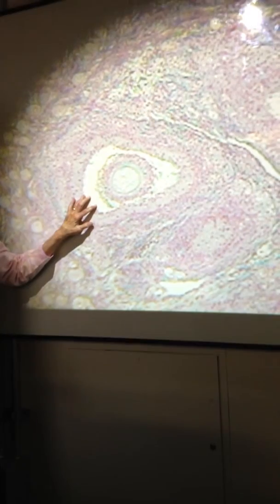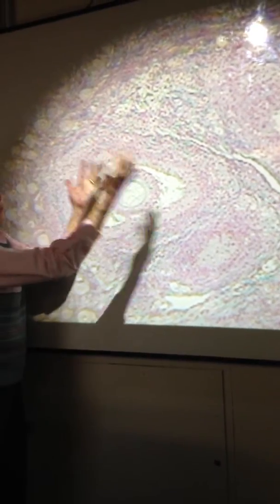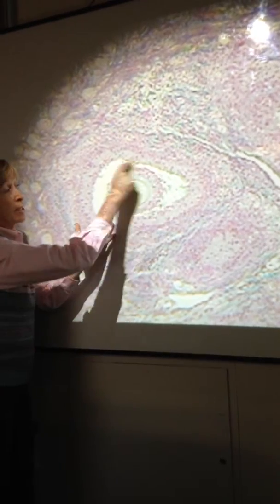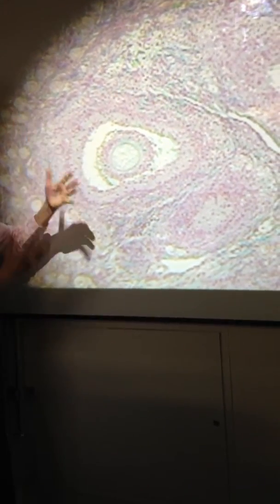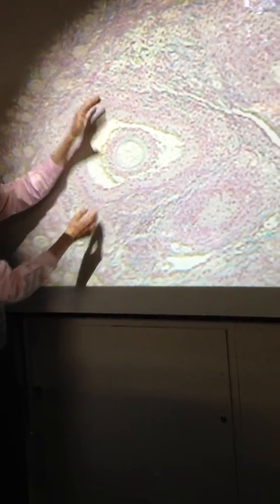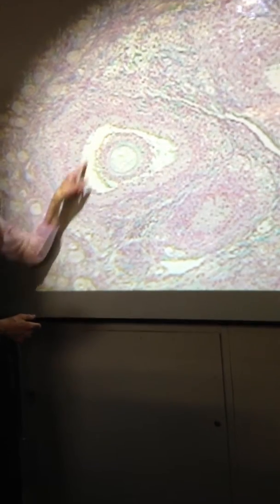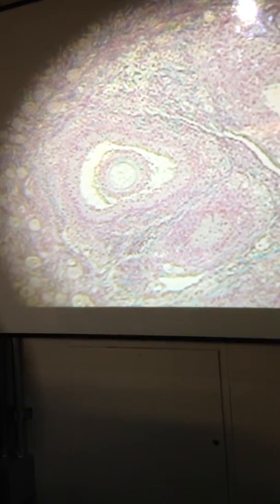Because you've got a lot of fluid, and if you saw this whole follicle, I bet there would be a big antrum in it, because you can see it's almost separated from the tissues. But we don't see the whole antrum. So this is the same thing, probably mature follicle. I wouldn't use that. Or if I used it, I would expect to get both secondary and tertiary on there. Let me see on this slide if we've got